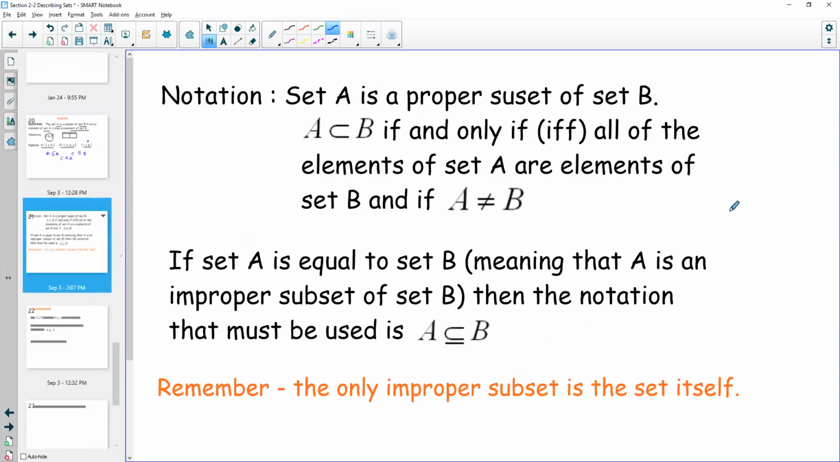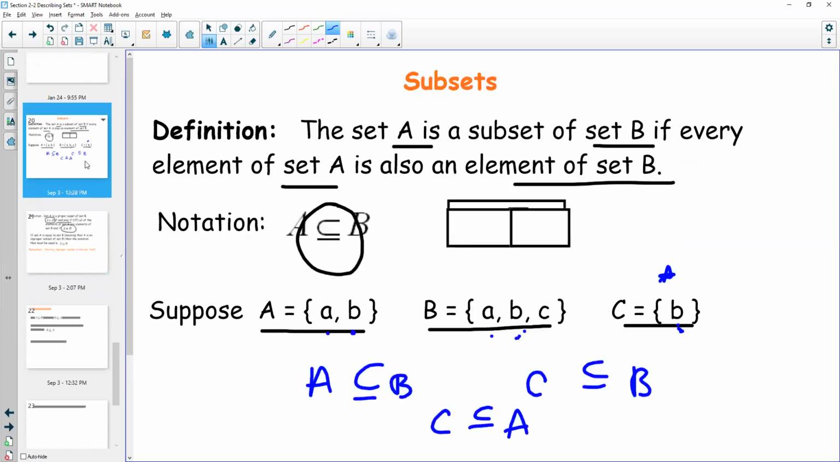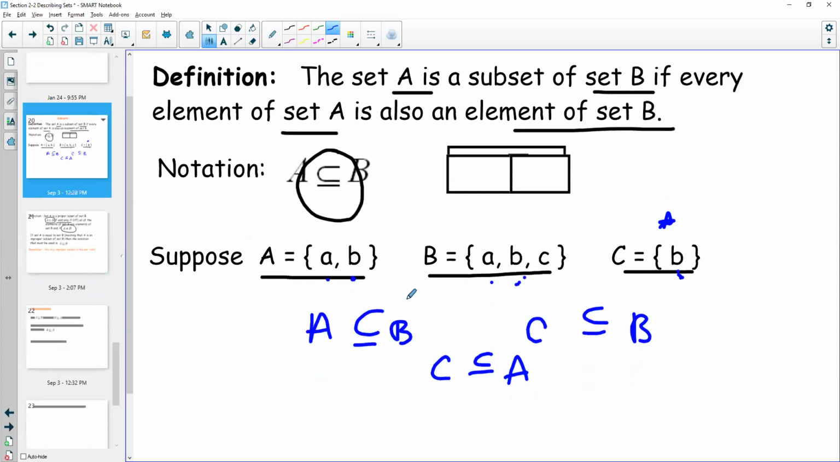There is also something called a proper subset, okay? This is the tricky thing. This is how we write proper subset. It's just the same notation without the line underneath. The difference in the definition is that all of the elements of set A are elements of set B, and A and B can't be equivalent. So this didn't cause us a problem here. Technically, though,